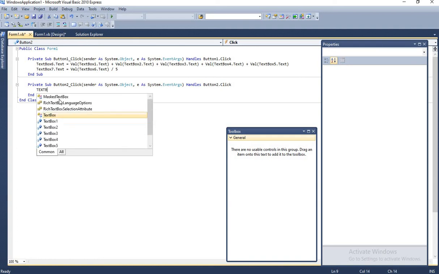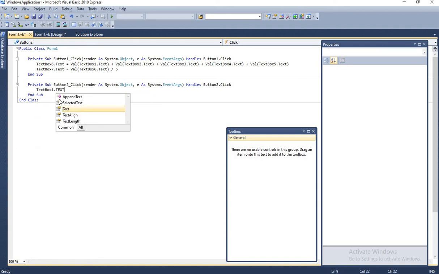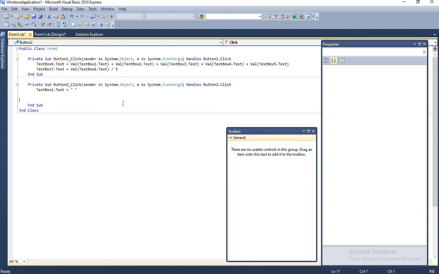So TextBox1.Text equals empty. We are not going to write it again and again, so how can you select it? There are 7 text boxes, so we have included 4 more times, 5, 6 and 7.